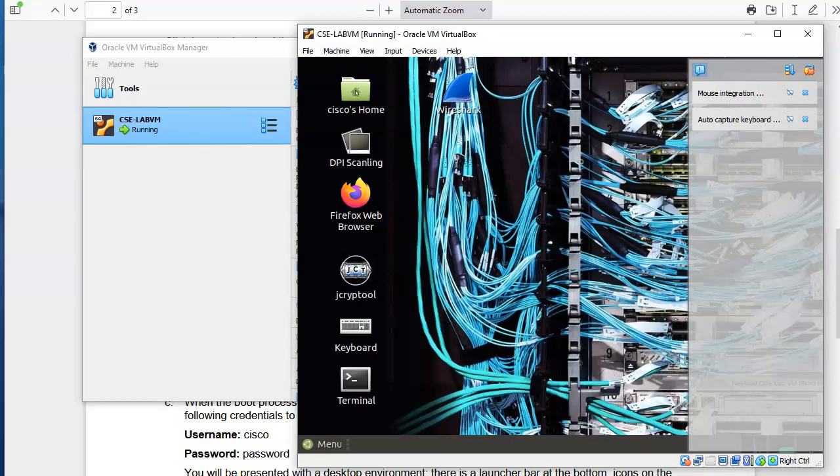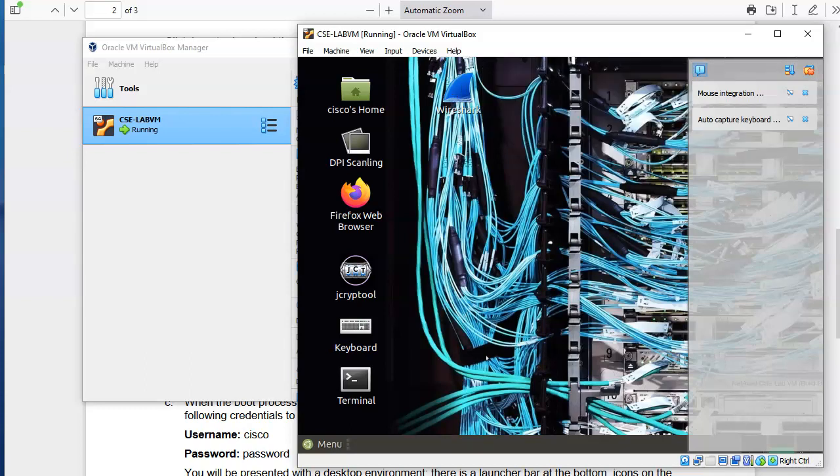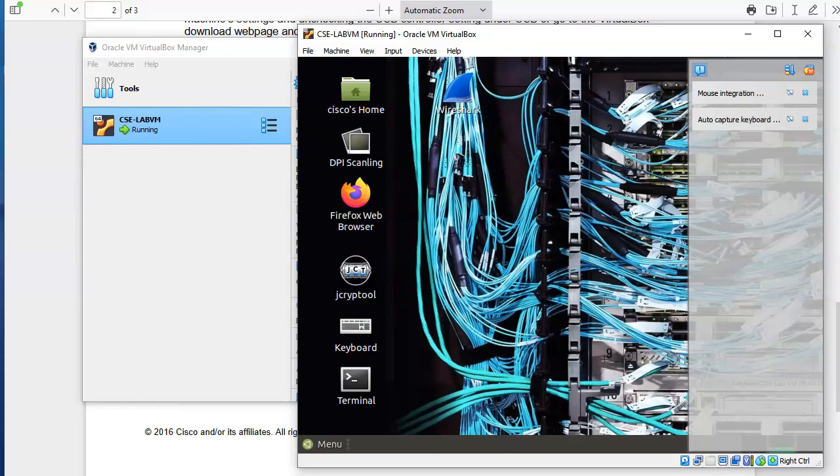Okay, so here we go. Now this is a little bit different than what it shows on the lab. On the lab it has some additional icons on here, but that's okay. We don't need all that stuff. What we need is this terminal icon, and then we also need this, well, for today we don't, but eventually you will need the Wireshark icon. And so once you get this thing running,